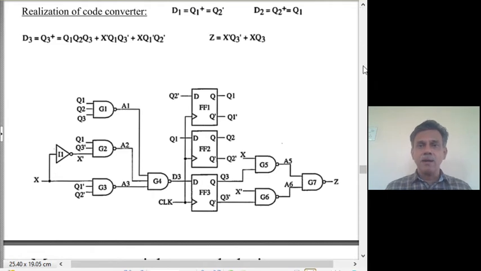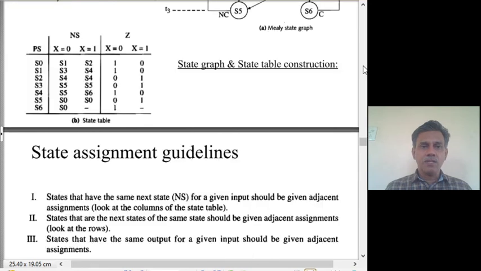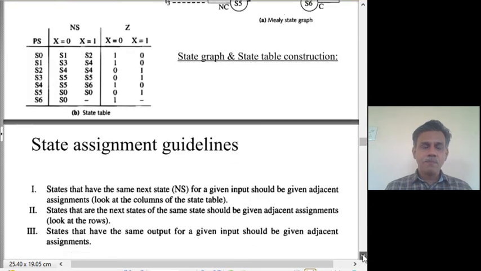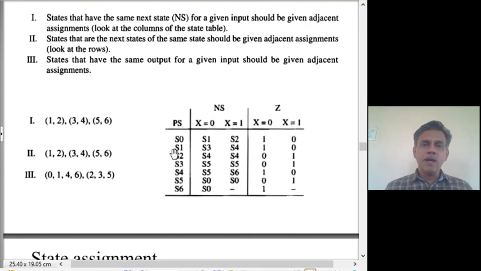Now with this in mind, come to this state assignment problem. Suppose you are in a given state S0. Based on the input, we switch to either of these two states. Which means that if you look at the way S1 and S2 are coded, as we move from one state to another state, certain bits may flip, some of them may not flip. That depends upon the encoding of S0, S1 and S2. We would like to reduce the number of bits that we have to flip as we move from one clock period to the next clock period.